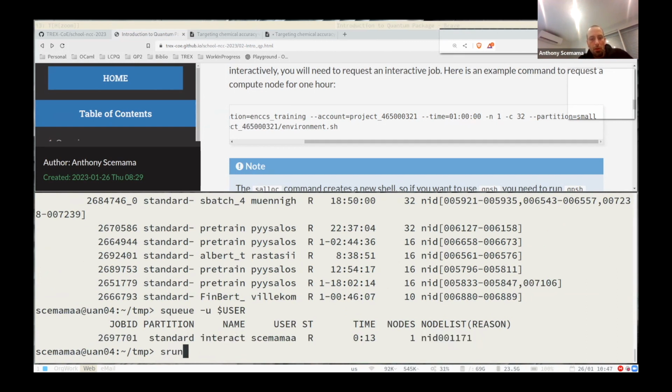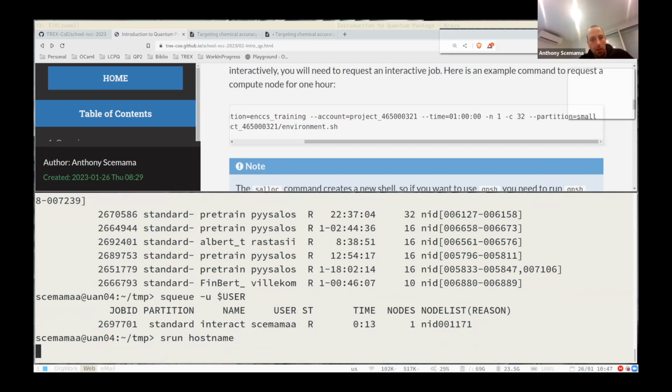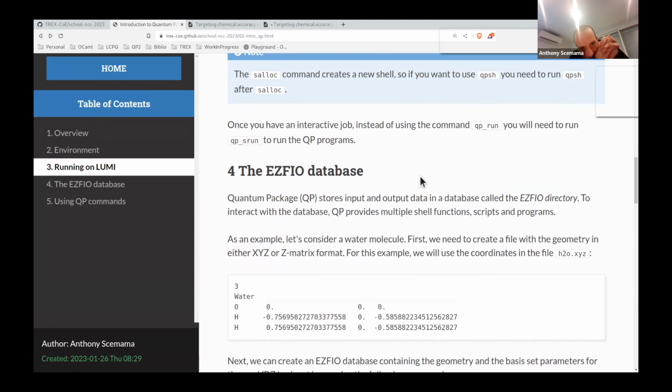So if I run srun with a command, let's say hostname, it will execute this command going through my reservation, and it will execute on this compute node. So normally if I run srun hostname, I should get back the name of the host. Okay, so suppose everything is working fine.